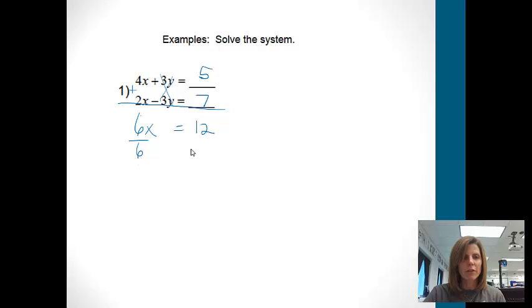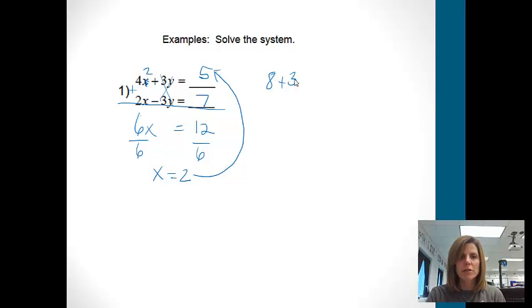And now what I can do, I'll divide both sides by 6, and I already have half of my answer done. X will equal 2. Right, then from here, just like we did when we did substitution, we're only halfway done because we have to find the other value. You may go up into either one of those equations. I usually just pick the top one because that's easiest. So x equals 2, so instead of x, we'll put 2. So if I rewrite that, 4 times 2 is 8, plus 3y equals 5,